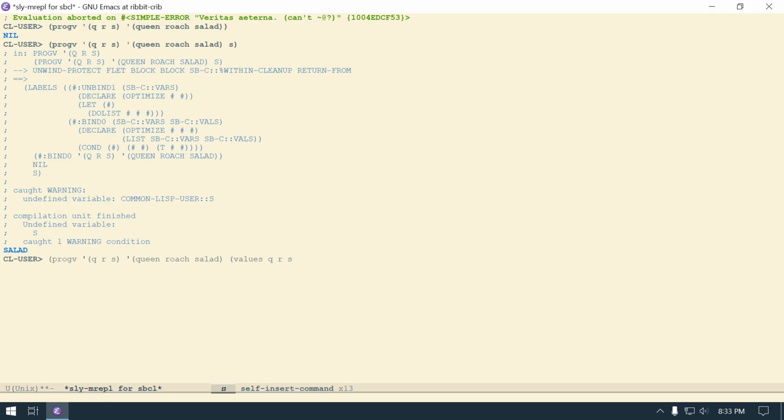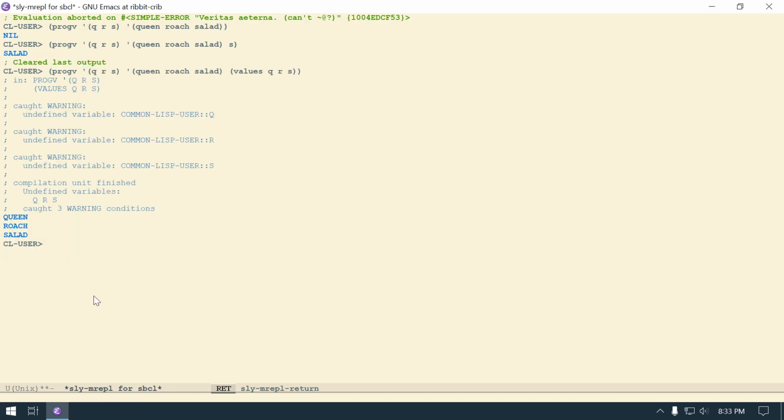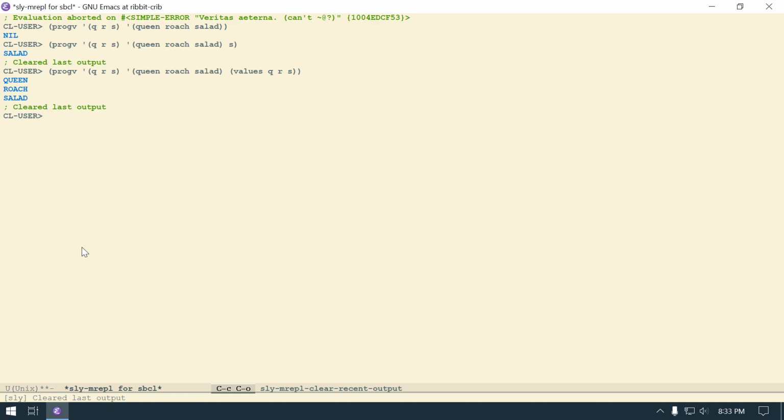Oh, let me hit Control C, Control O to get rid of that trash, and then do this again. So it's working. I'm getting Queen Roach salad back, let's say, but this is complaining because these variables don't exist. So I have to wrap this in a let or create these as global variables, let's say. So let me just go ahead and, should I put these in a let, or maybe I'll just do both because I think this has something to do with